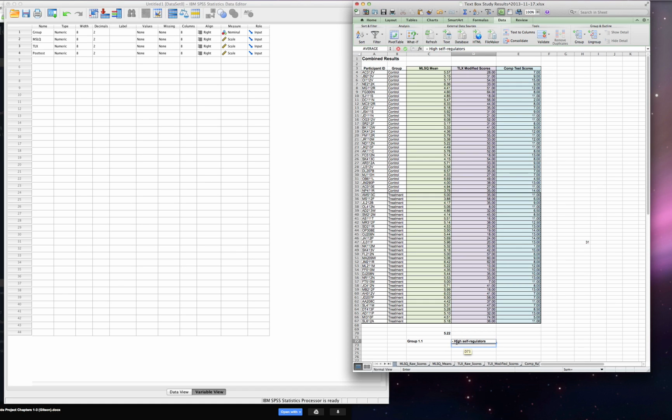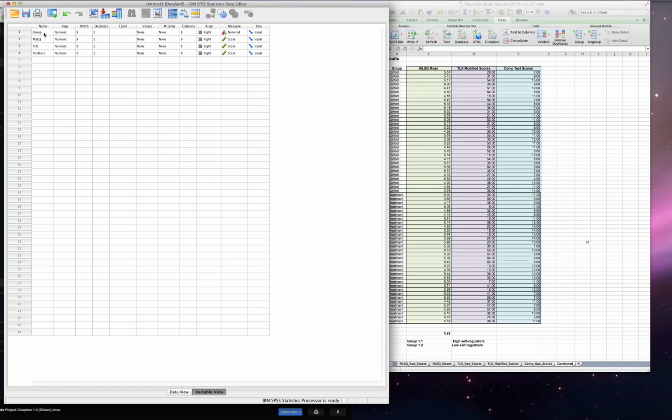Group 1.2 would be low self-regulators. And so just like we did in SPSS with just the regular groups, you could then further divide it into something like,